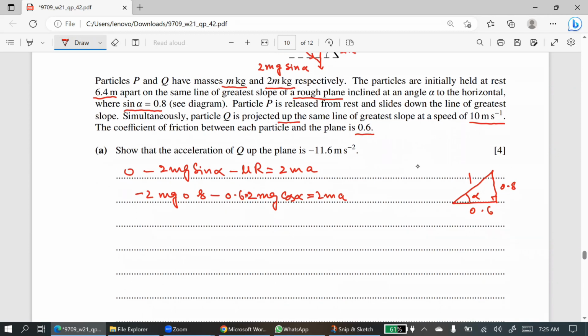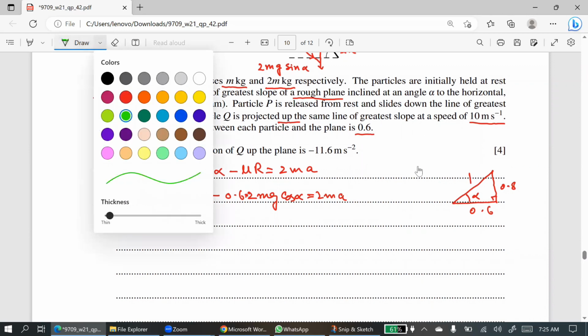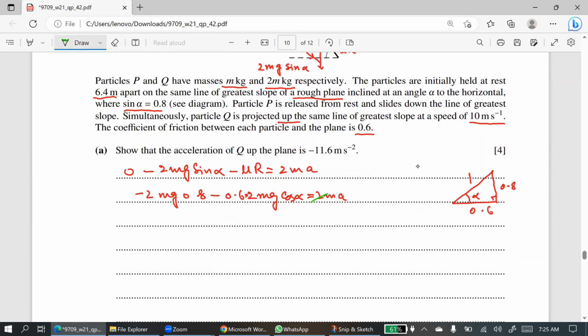We can cancel out 2m because 2m is in all the terms. So this one is, sorry, not 1.6, this one is g into 0.8